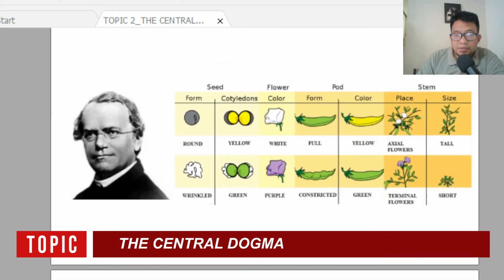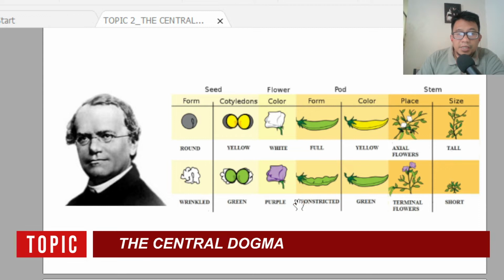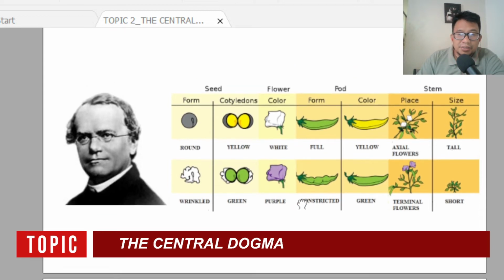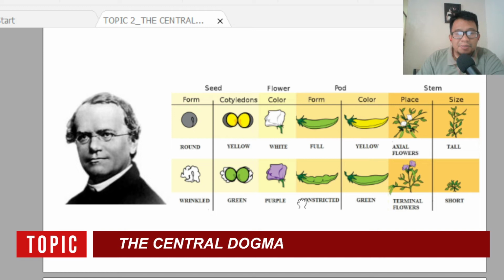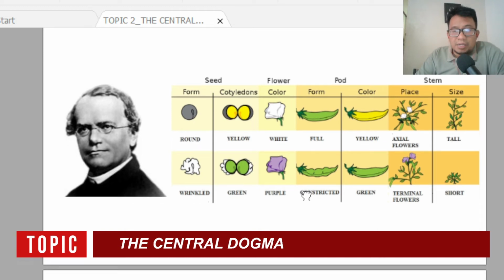Yan. We actually give credit to Gregor Mendel for his study on genetics. This is very common in what we call chromosomal, or the classical, or the Mendelian genetics. Even though it was conducted centuries ago, the principle is relatively the same. Because of the work of Gregor Mendel, he was regarded as the father